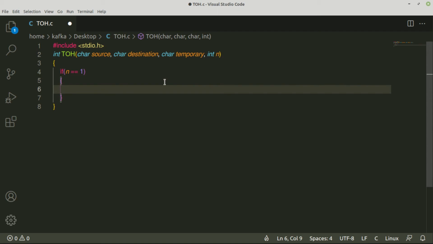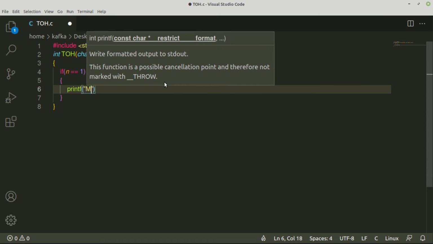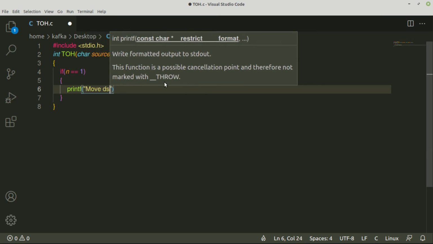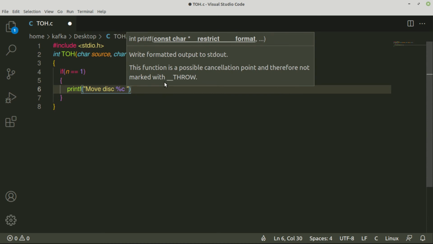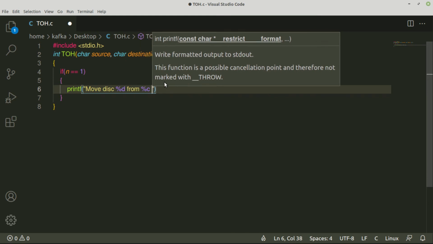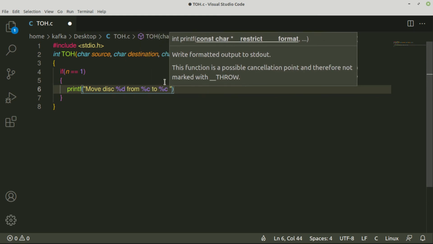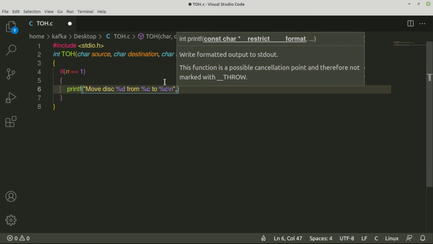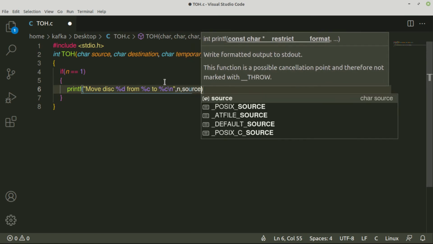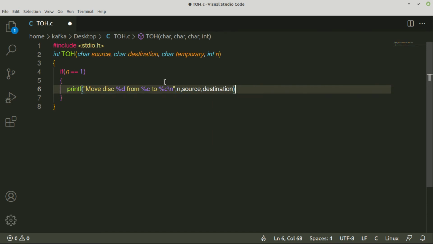So if n is equal to 1, then we just have to move that disk. If n is equal to 1, then we just have to move disk n from source to destination. So this is what we do, and then we give it a parameter of n, source, and destination. So we can see here the value of n is going to be displayed here, the value of source is going to be displayed here, and the value of destination is going to be displayed here. Otherwise,